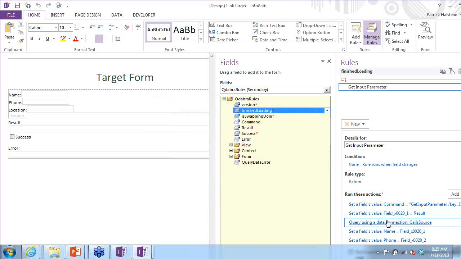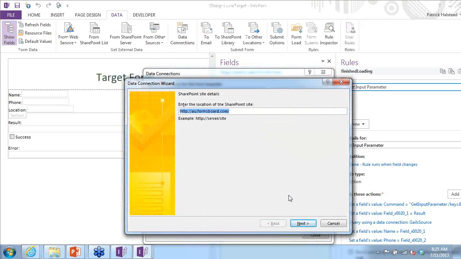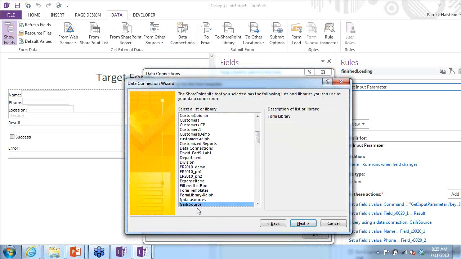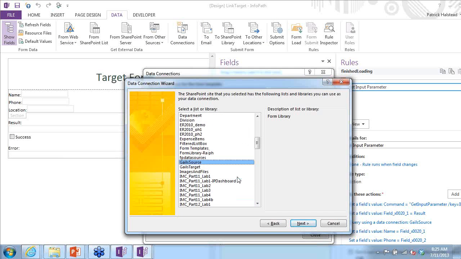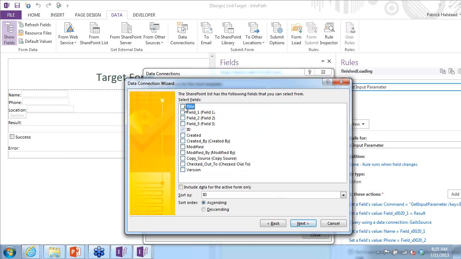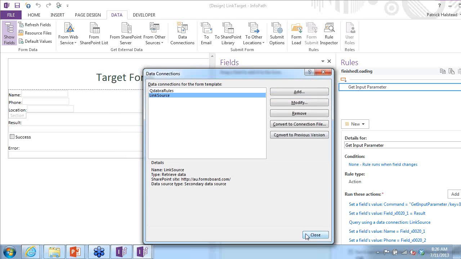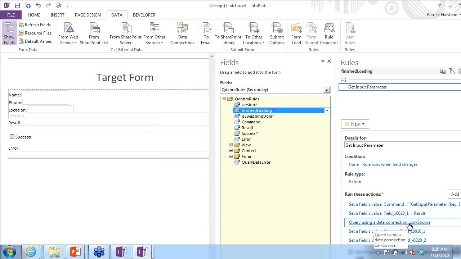The name of the data connection needs to be changed. I did this for one of our esteemed customers earlier. But you can see here that the data connection is pointing to the right location. Link source is what I want. It doesn't really matter what we pull into the form. We'll just save that out to make sure you get the right version. So it's going to pull that data in from that library, and then it just sets those fields,